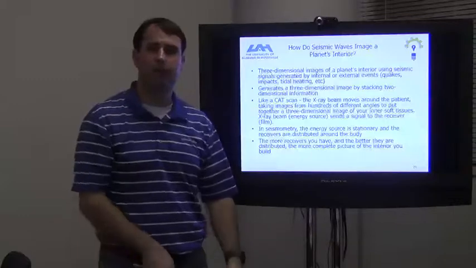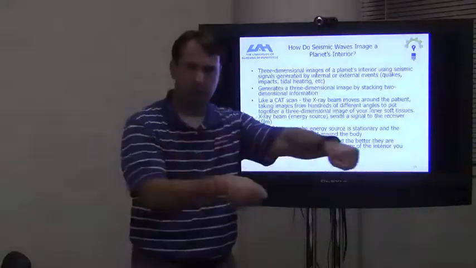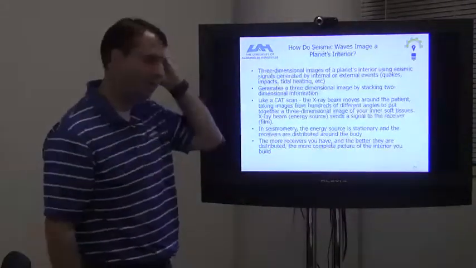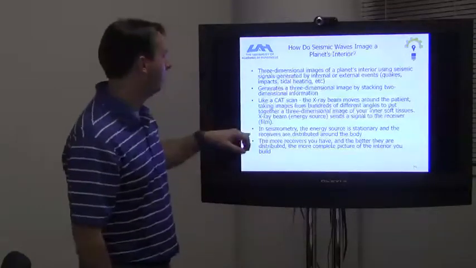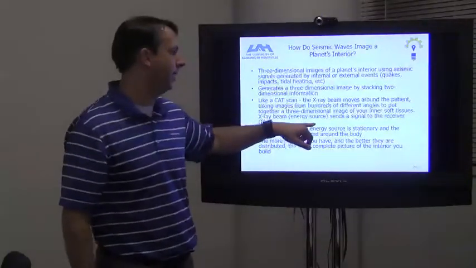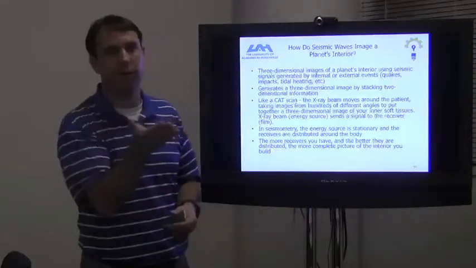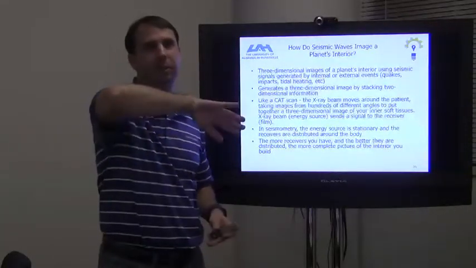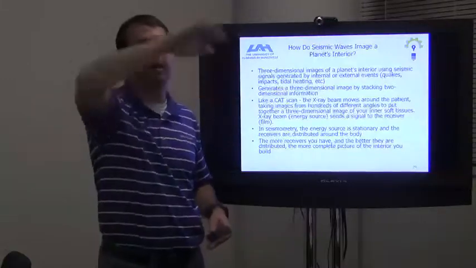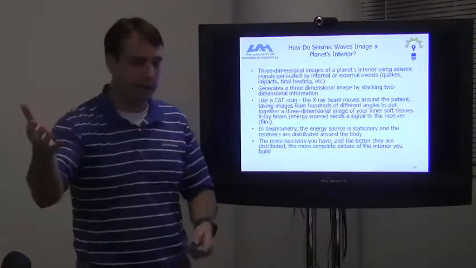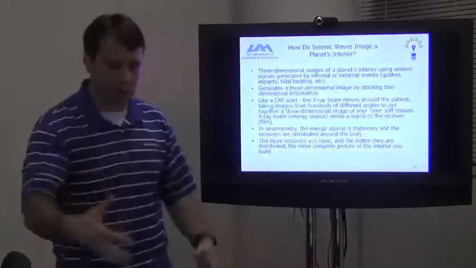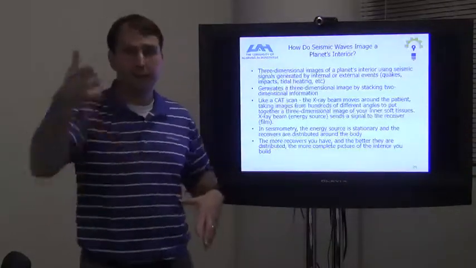In a CAT scan, it's not like we're taking a cat going, meow. That's not a CAT scan machine. A CAT scan machine basically has an X-ray beam and energy source that sends signals to a receiver. You put a receiver in a single location, and the CAT scan machine has an energy source that moves around, okay? So the energy source that sends the beams through your leg or whatever you're scanning moves around, and